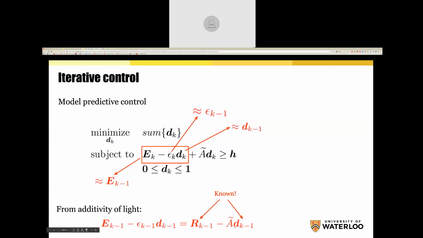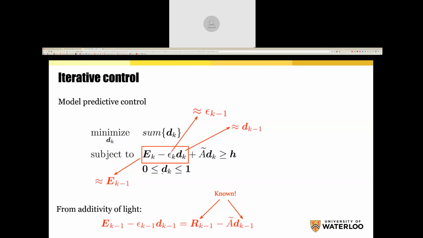So where am I getting 30 more? The 30 more must be due to E_K, external light, minus the error, epsilon k minus 1. So you can estimate the external light by subtracting what we know from what we actually see. If we see 100, we're guessing there should be only 70, the rest must be due to the outside light. So we can estimate that.